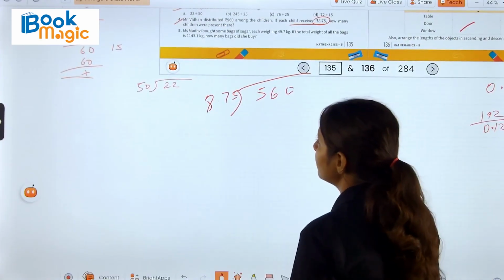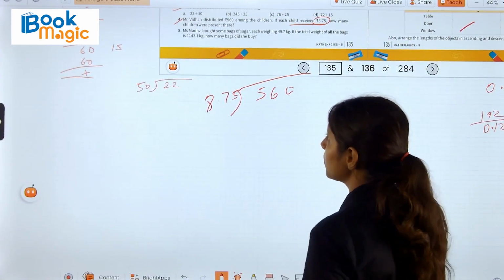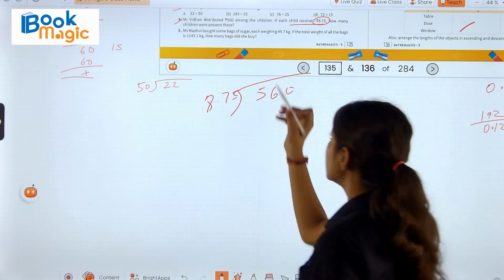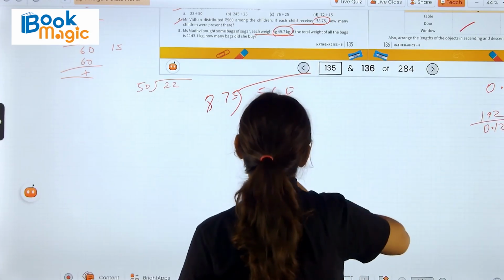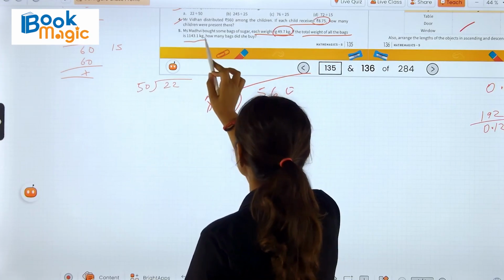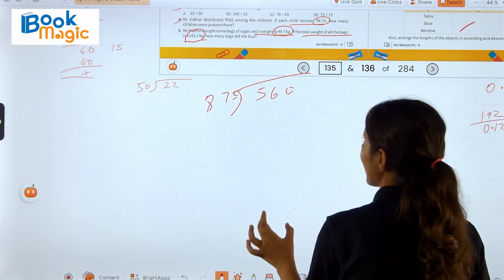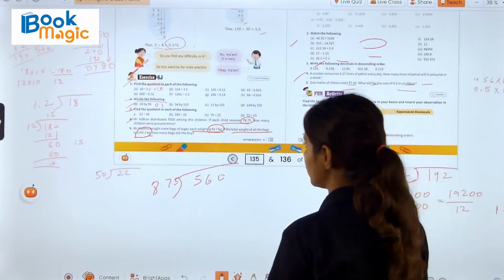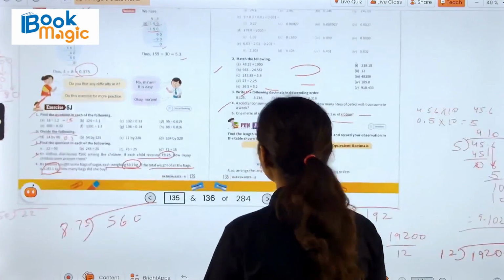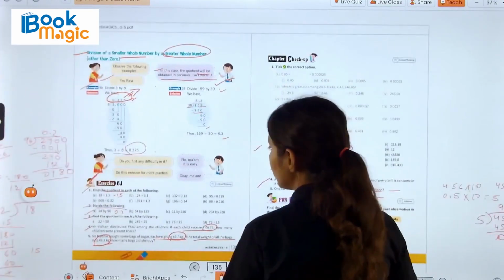Now we have question number 5. Miss Madhuri bought some bags of sugar, each weighing 49.7 kg. If the total weight of all the bags were this, how many bags did she buy? Again, you have to just divide them. Okay, this is how you will do